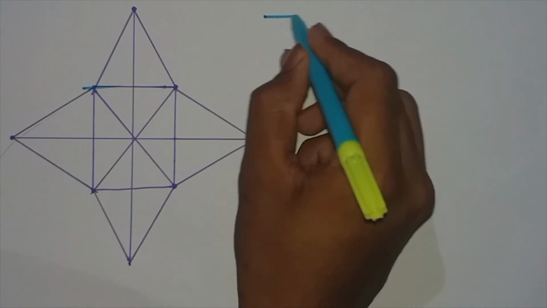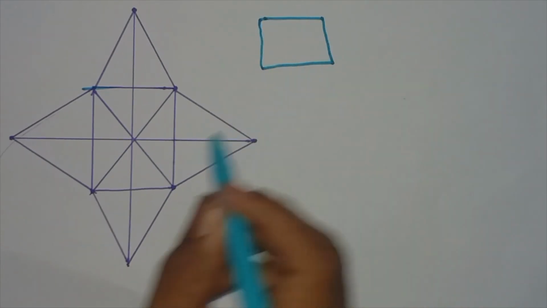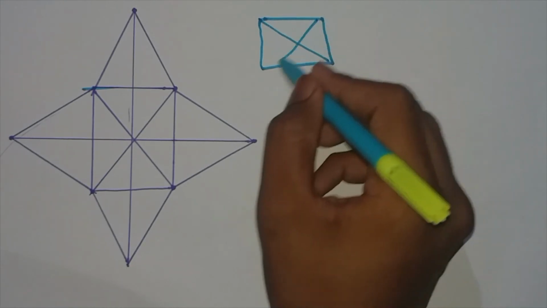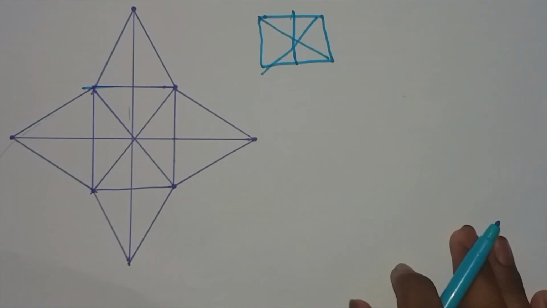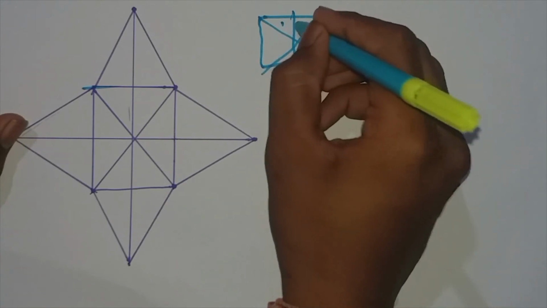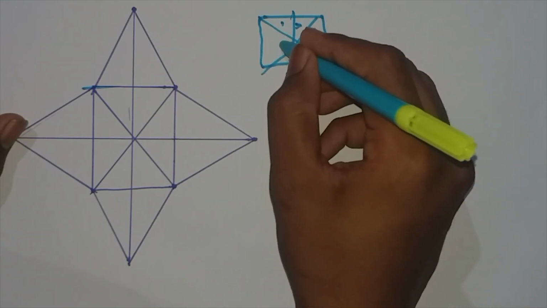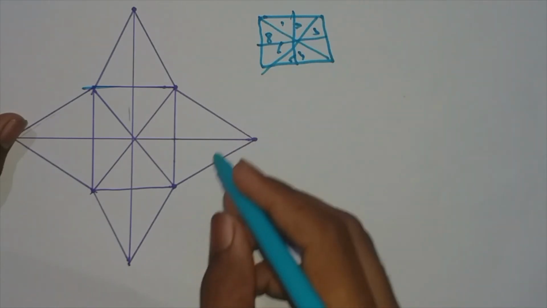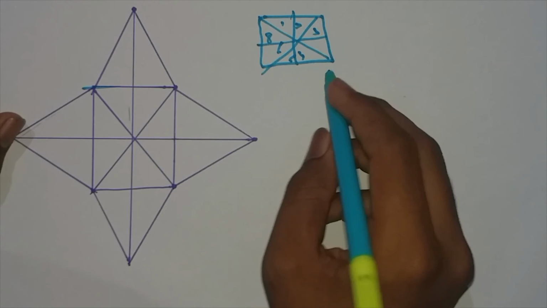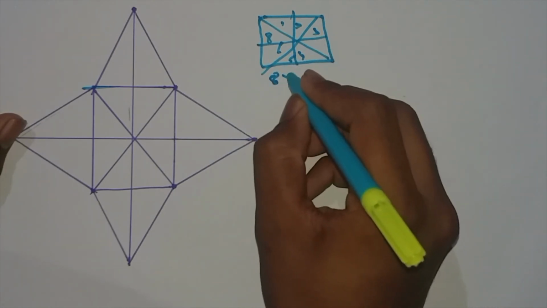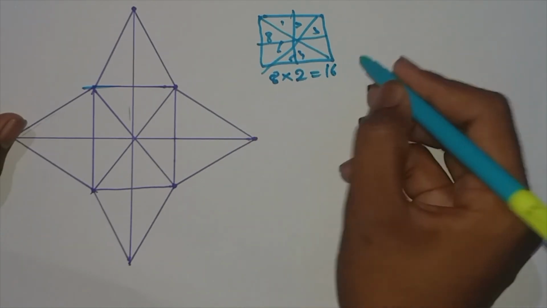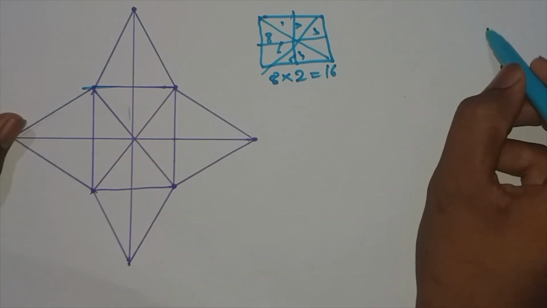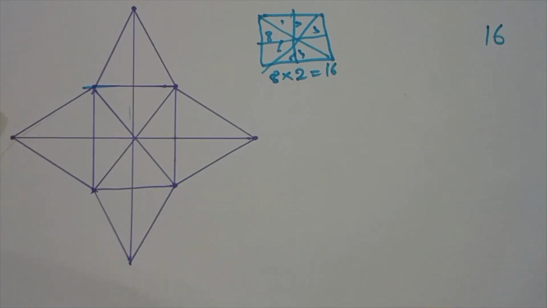Suppose there is a square type division which consists of how many? Total 1, like this, right? So how many divisions are there in this? Write numbers 1 2 3 4 5 6, and again 7 8. So there are 8 divisions. The concept is make it into double. That means 16 triangles. So for this square type there are 16 triangles. That means 16 triangles completed.